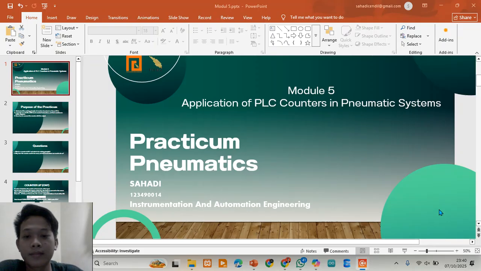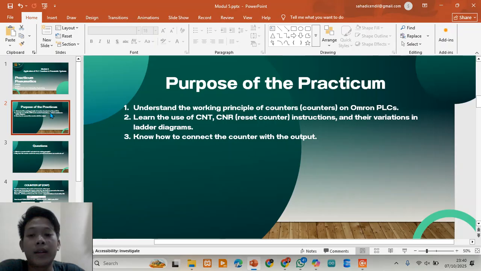Start. Next, and the next slide. The purpose, or the objectives, of the practicum. The objectives of this practicum are: one, to understand how counters work in Omron PLC or typical PLC,